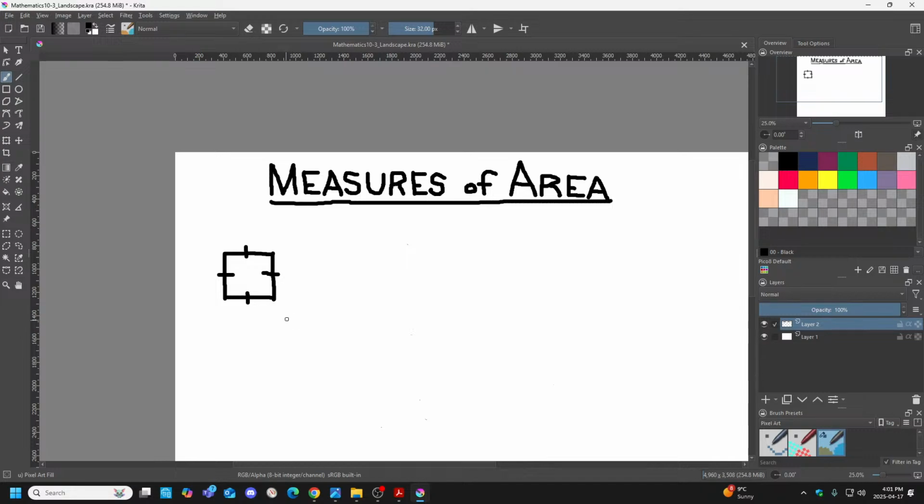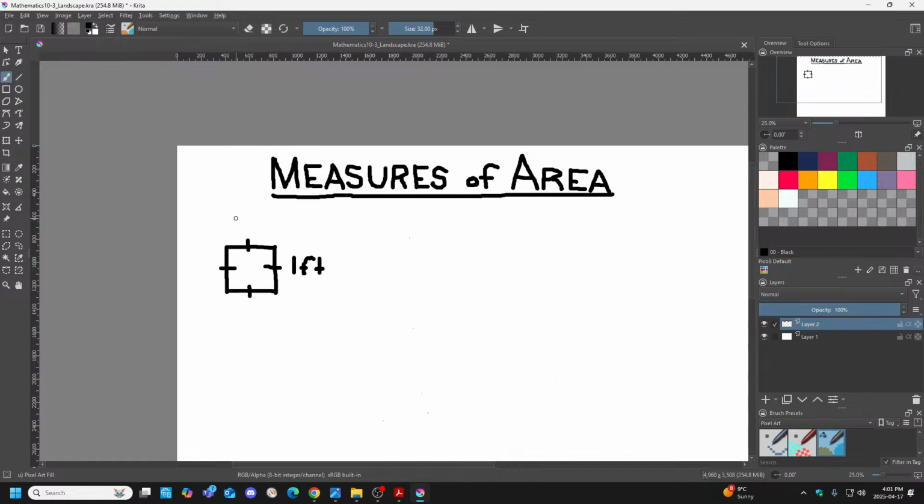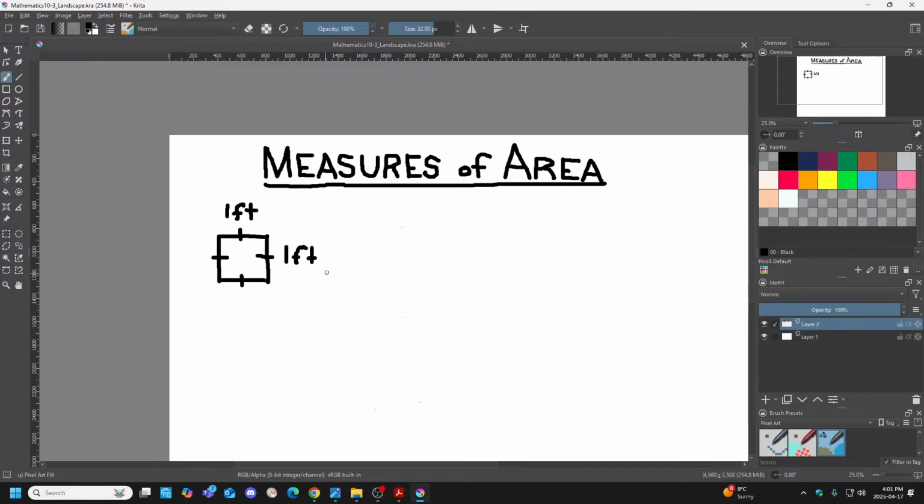How many square feet, each measuring 1 foot by 1 foot? Oh, okay. So we have 1 foot by 1 foot. If you're a visual learner, draw yourself a little diagram. If you calculate the area based on 1 foot, you're going to get area equals 1